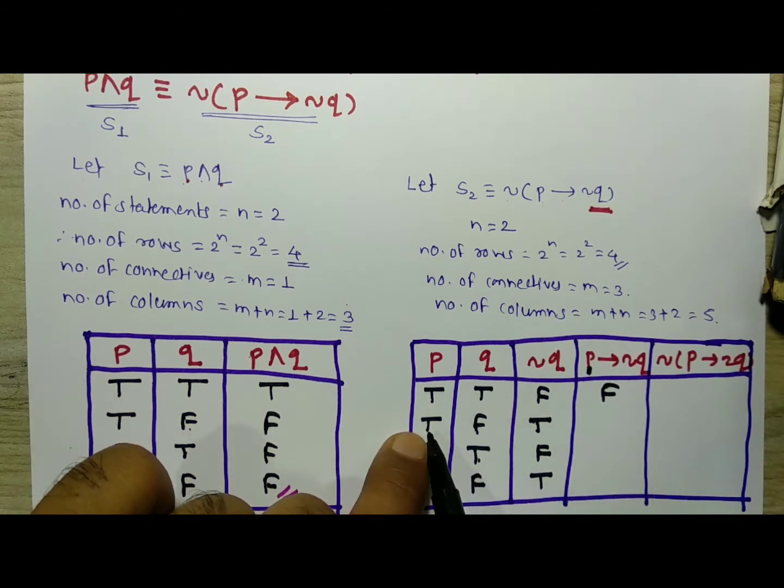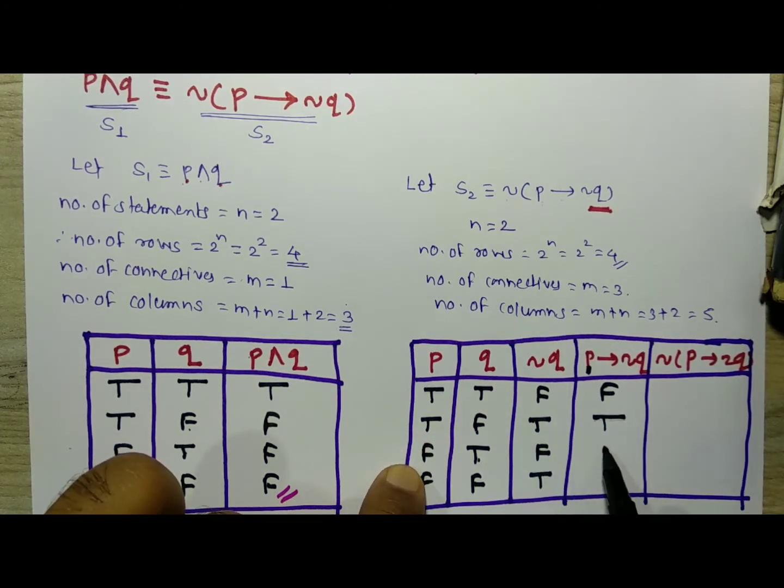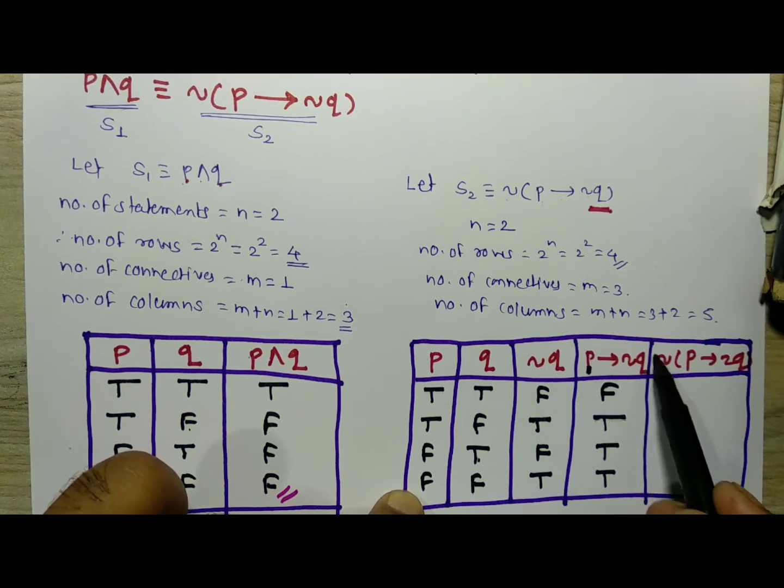Then first statement is true, second statement is true, then it is true. No doubt, because if the first statement is true and the second statement is false, then it is false, otherwise true. That means false, false, here it is true; false, true, it is true. That means the rule of implication is what? First statement is true and second statement is false, then it is false,